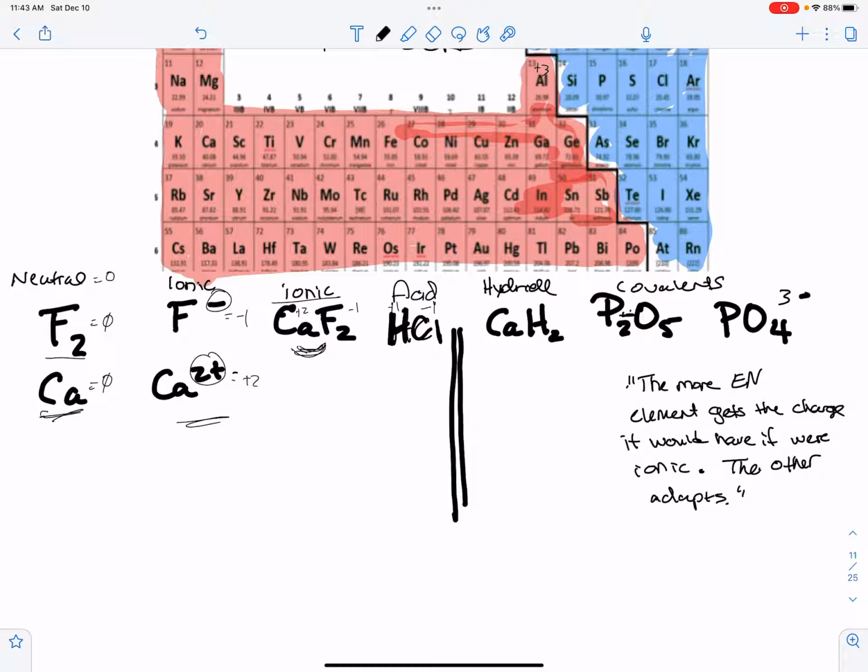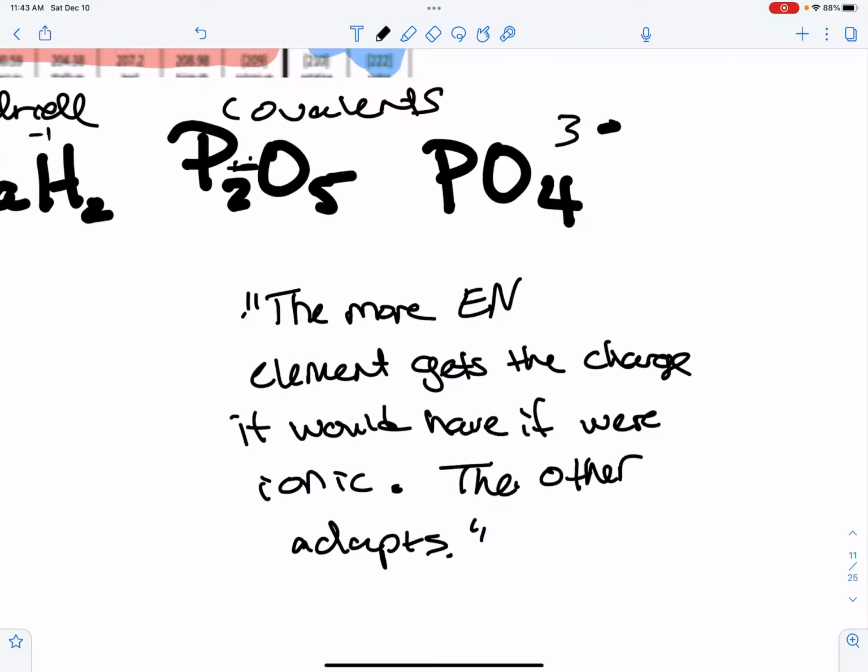And I just did give you the weird example of hydrides. They are kind of sort of ionic-like. And so in hydrides, that's the H written second, bonded with a metal, H is negative. So that's kind of a weird case, but it still kind of follows the idea of what's going on. This is where things are different. This is the covalent bond. For covalent bonds, the more electronegative element gets the charge it would have if it were ionic, and the other